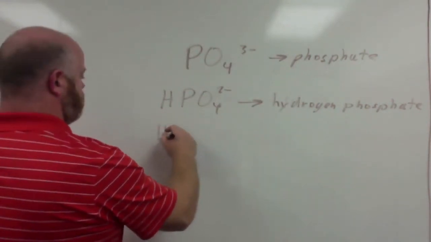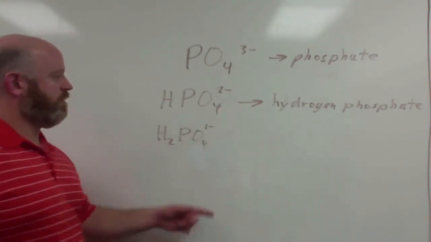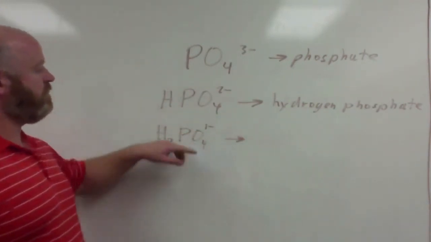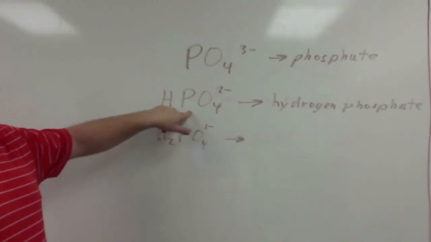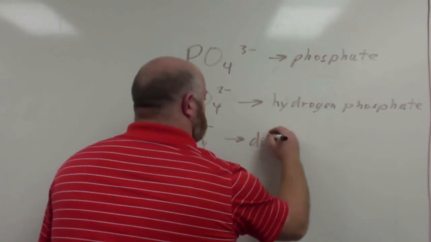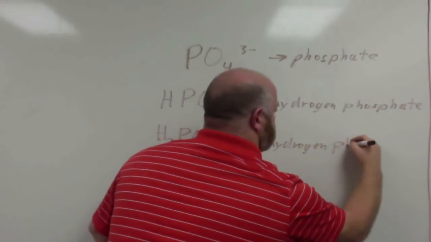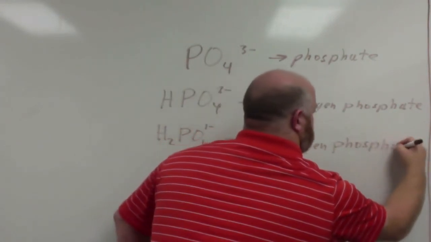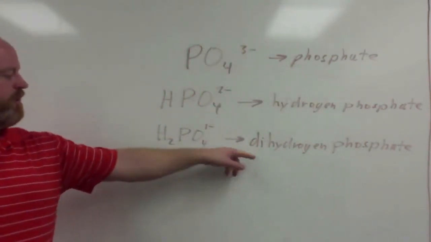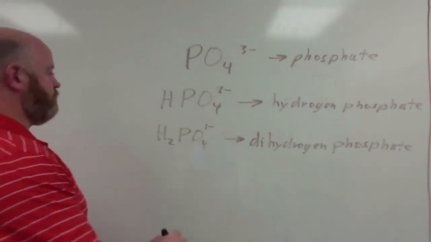If we put 2 hydrogens, we reduce the charge again. And now, because this is technically a molecule, we can use a prefix in here. So because we have 2 hydrogens, we would call this dihydrogen phosphate. So the di tells us that we added 2 hydrogens to the phosphate. Okay? If we go down one more,